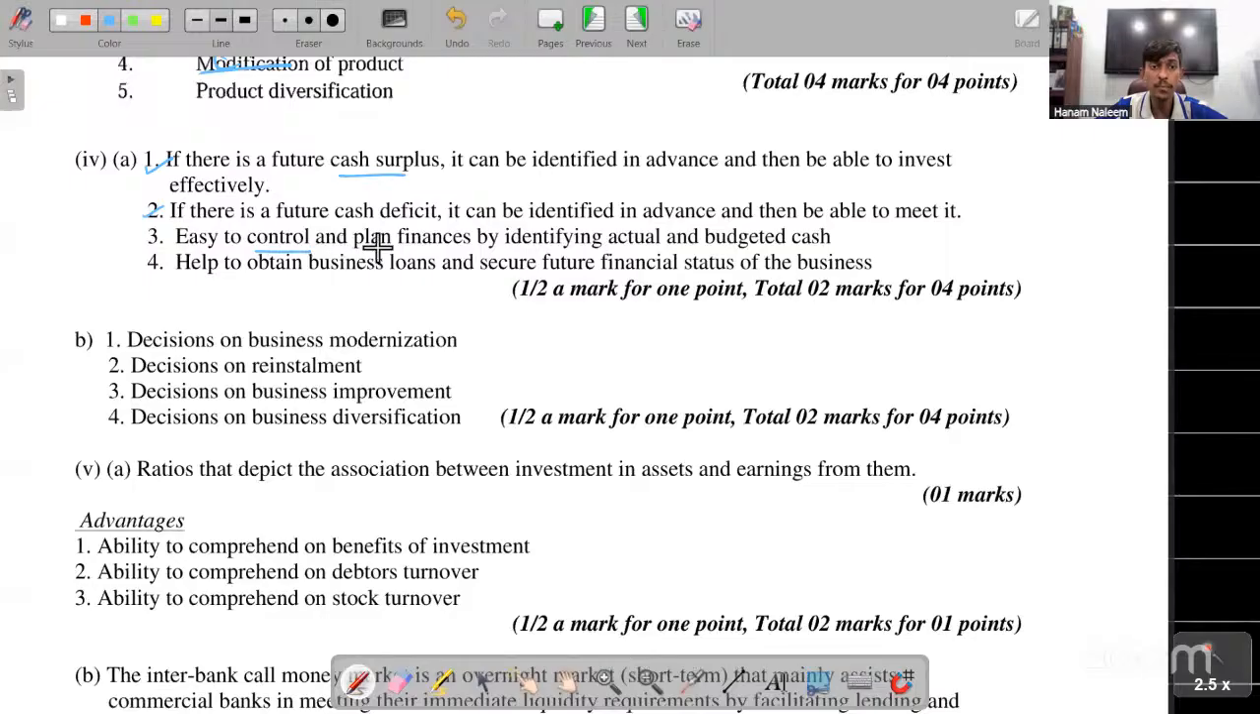And also it will be easy to control and plan. And also you can obtain business loans and secure them. Simply, you can have a proper financial status in your business when you prepare a budget. Okay, then